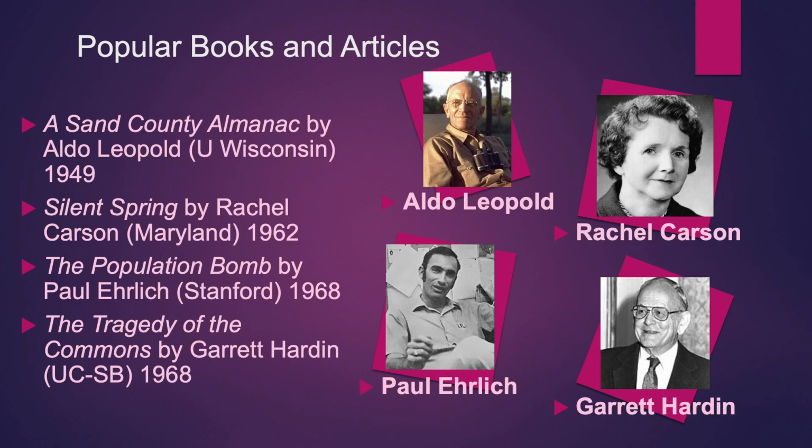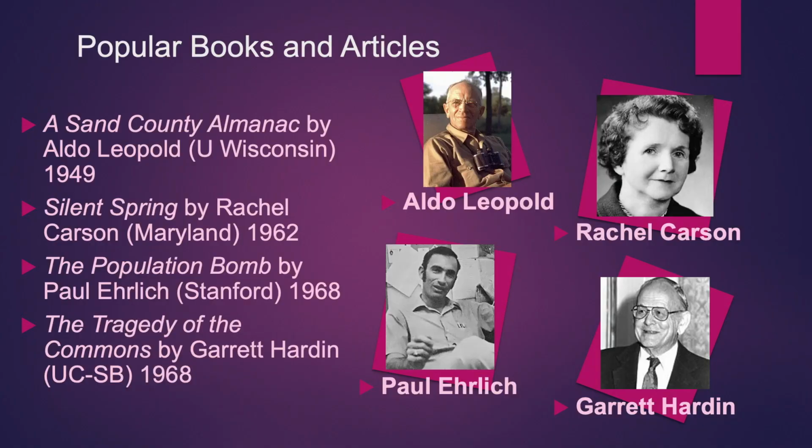Of course, Paul Ehrlich, who is still alive, in 1968 published his famous book, The Population Bomb, where he raised the issue of how many people the Earth can reasonably sustain. And in that same year, Garrett Hardin at UC Santa Barbara, in Science, published his famous essay called The Tragedy of the Commons, where he raised the issue that we cannot operate on our own self-interest. It may be good in the short term for us, but in the long term, it will not be good for anybody. We need to work for the common good, and the environment is something that affects all of us, and we need to operate in that way.